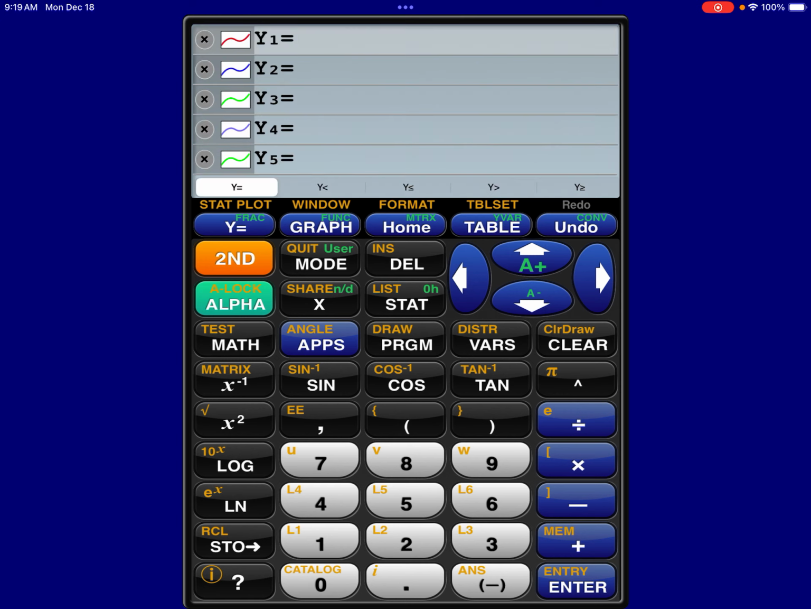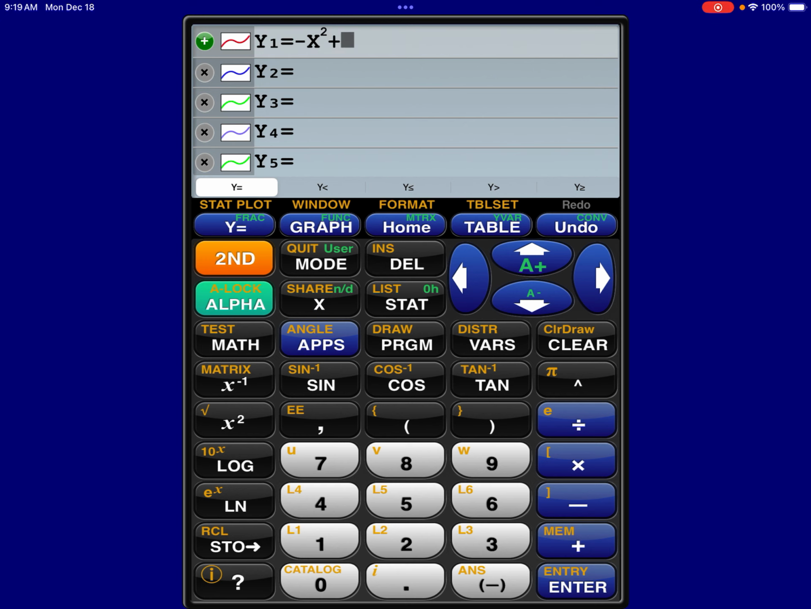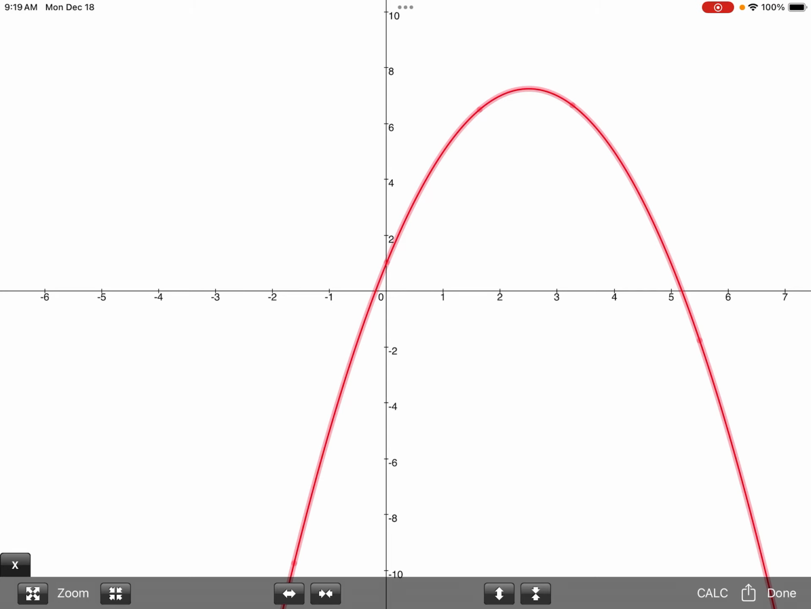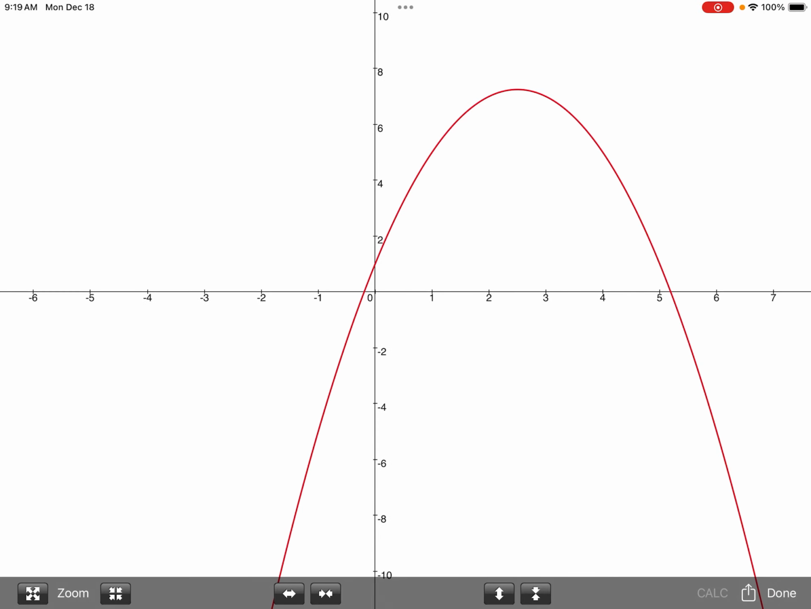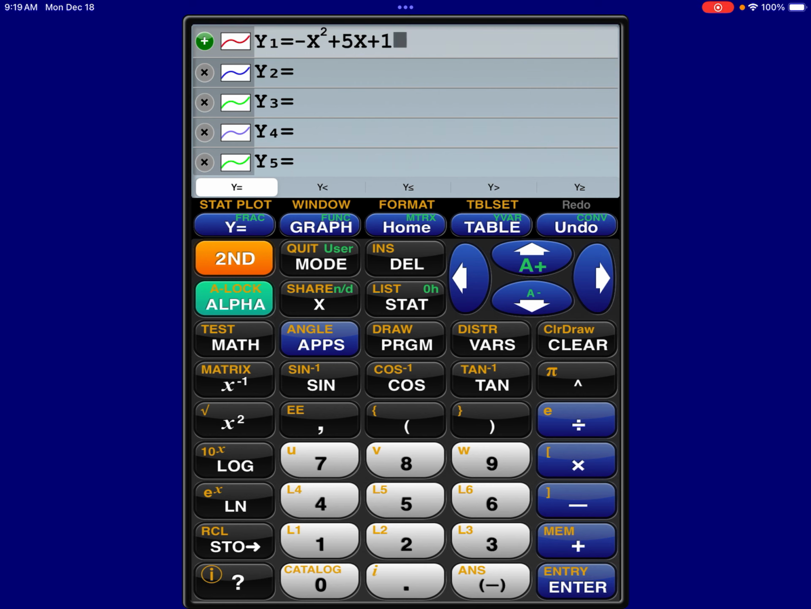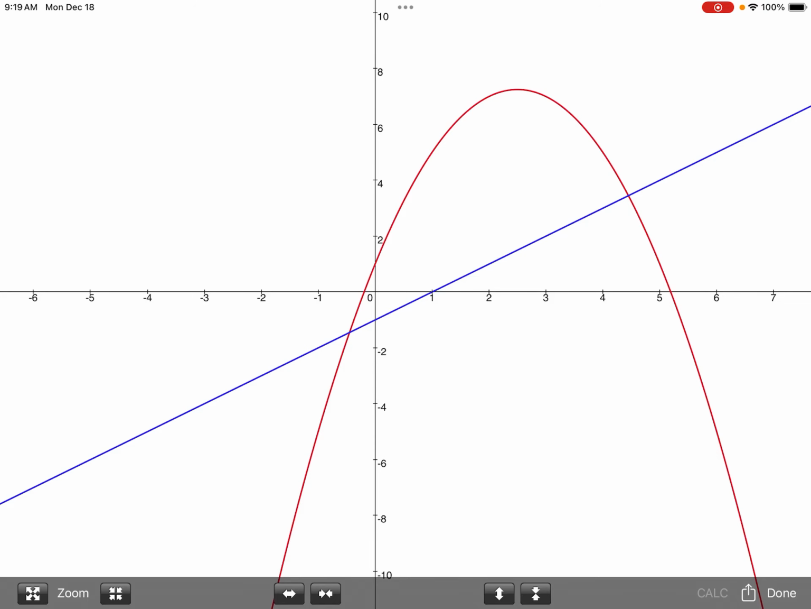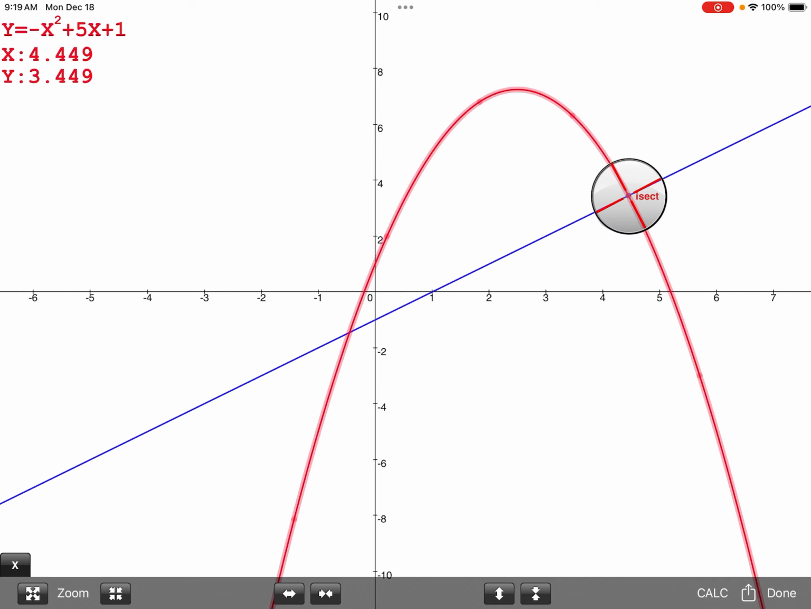And now I want to see if this is correct. So go to y equals, and one function was negative x squared plus 5x plus 1, and that is a parabola. And the other function is x minus 1, which is a line. And then we're trying to see where they intersect. Well, because I'm using an iPad, I can just touch it, and it shows me they intersect when x equals 4.449 and y equals